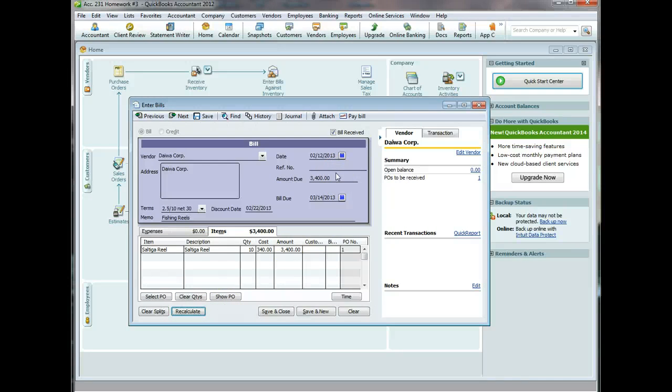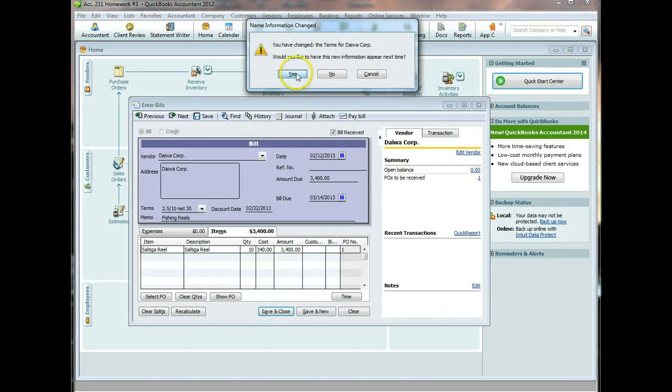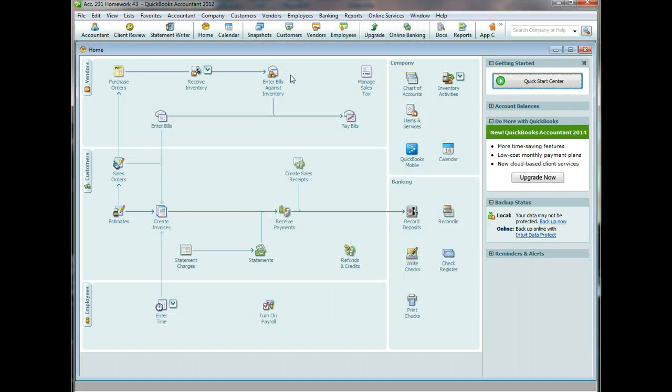We look at the described transaction. It doesn't say we pay it, so we'll close the bill and move to the next one. Now the terms for Daiwa Corp, we've entered them. Sure, we want them to appear next time. Okay, so the next thing that happens, oh, and by the way, just so you know what we just did,